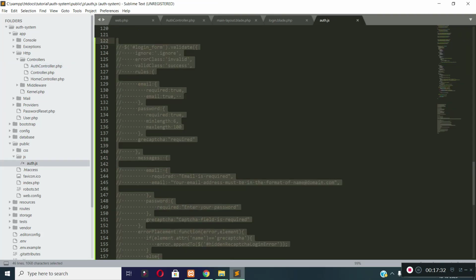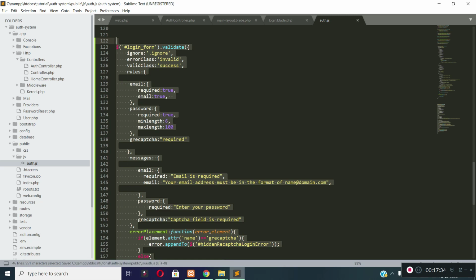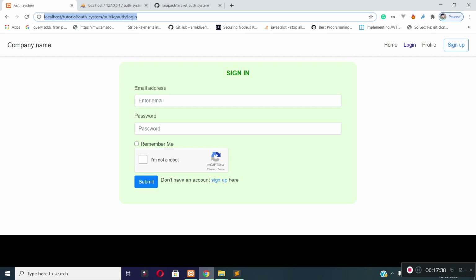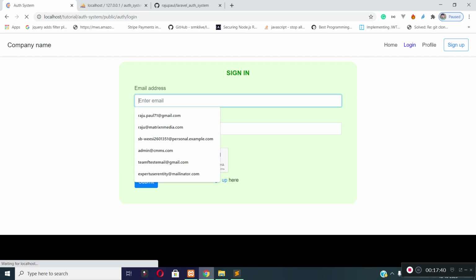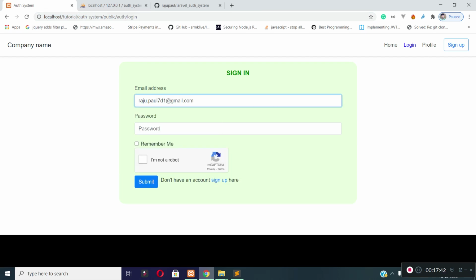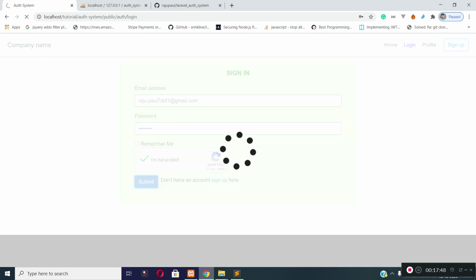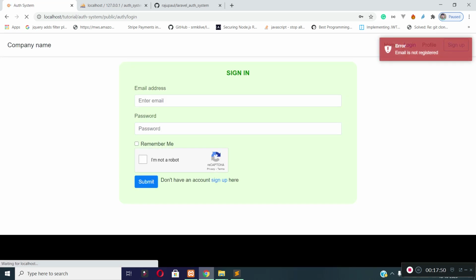Let's enable our client-side validation, and now I will log in with an email address which is not registered to our system. You can see we are redirecting back with an error message, email is not registered.